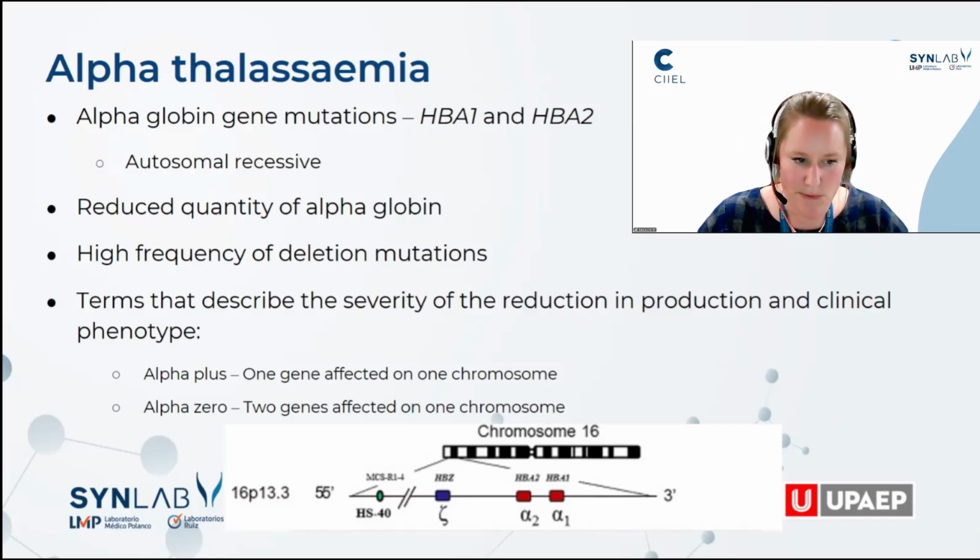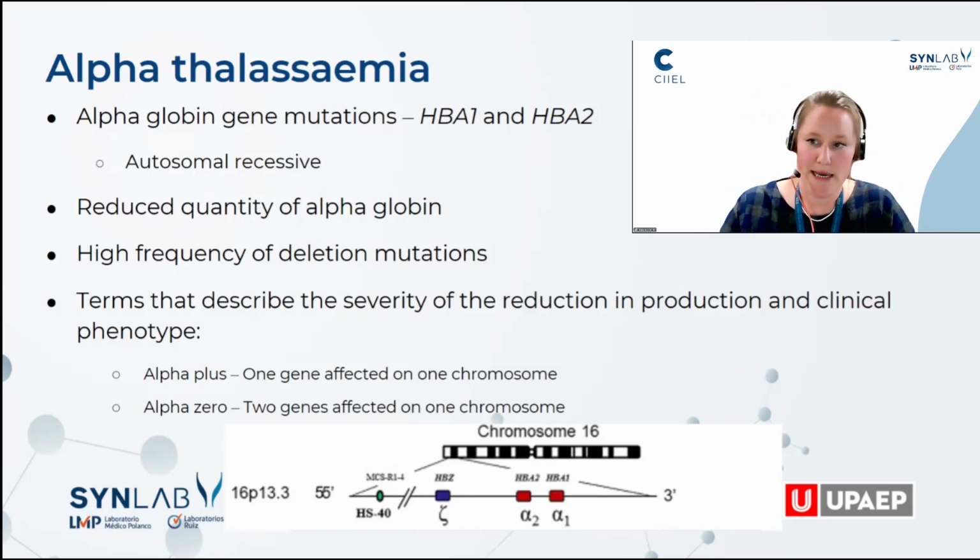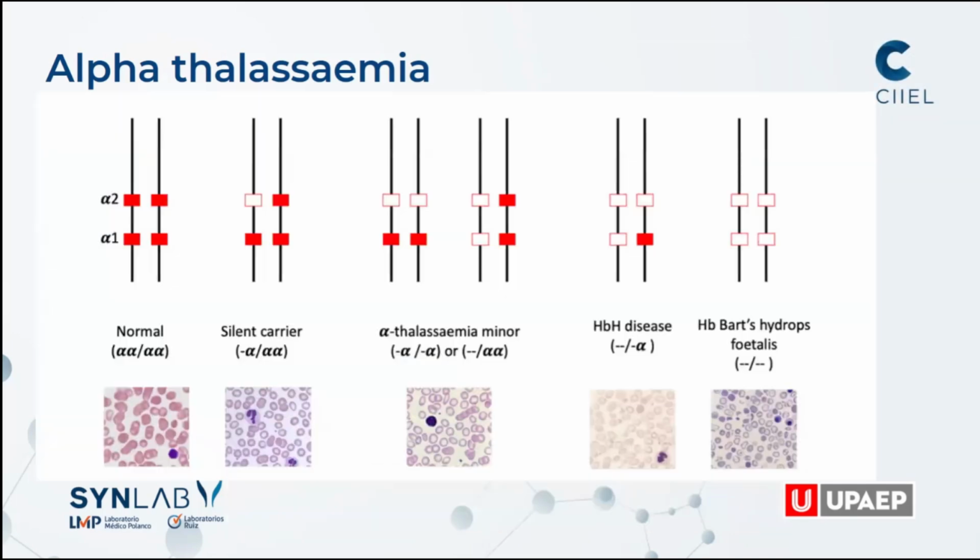The terms that we have to describe the severity of the reduction in production and the resulting clinical phenotype are similar to the beta thal, but these are alpha plus and alpha zero. With alpha plus, you have 1 gene affected on 1 chromosome, and with alpha zero, you have 2 genes affected on 1 chromosome. And then this diagram is just to show you that clinical spectrum that we have associated